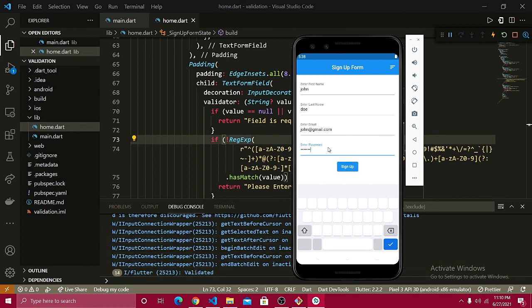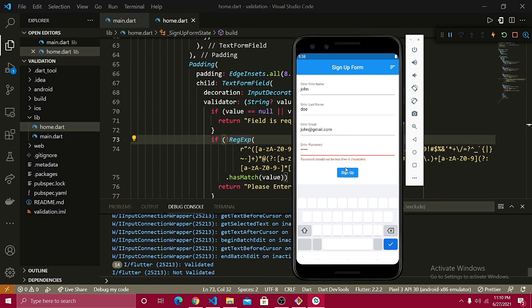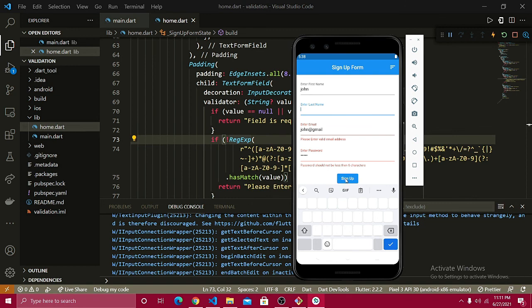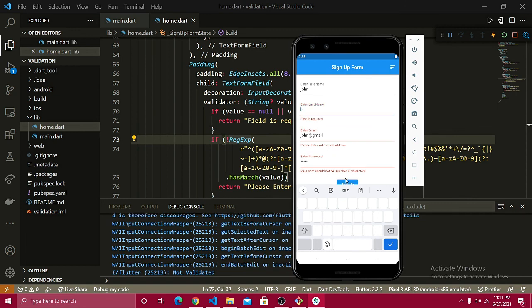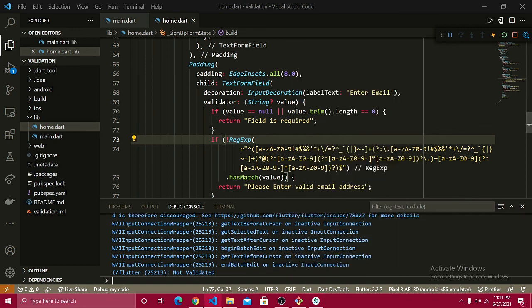So I hope you guys learned something out of it. You learned how to show the characters, or even how you can work with the email formatting. You can also work with a very simple validation that is required. All right, so you learned something out of here, and how to work with the validation,